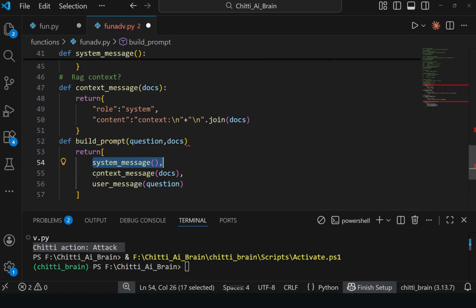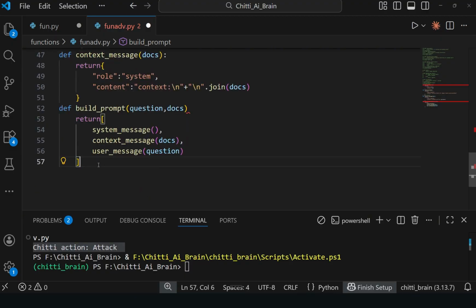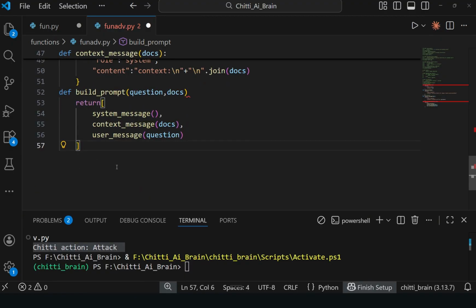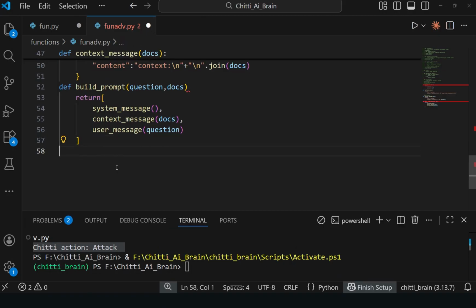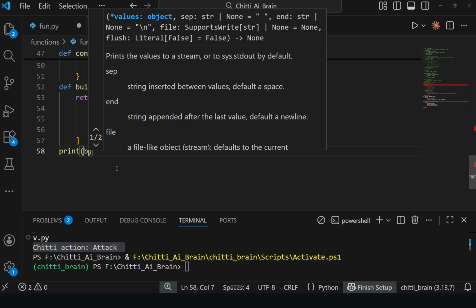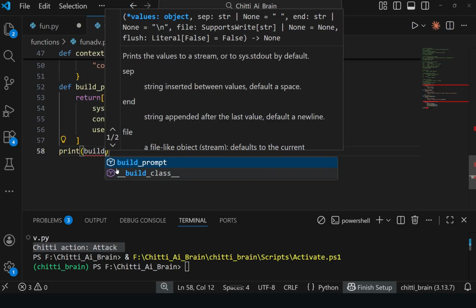Docs is nothing but any PDF you give to summarize or to do something with. From that PDF, if you want to ask questions, you can ask. That is the prompt. Now let's see, just for example, you can print it.